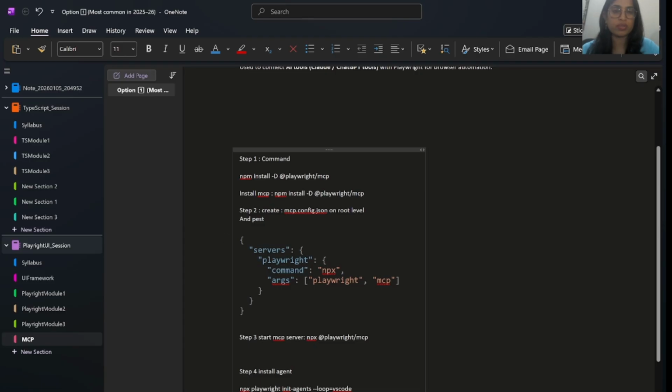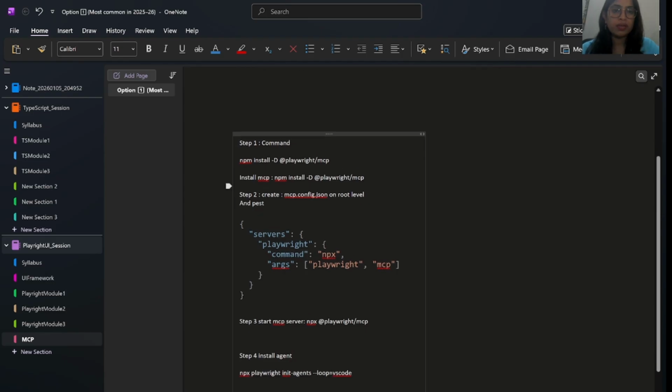Now what is the next step? The second step is to create the MCP config at the root level. So you have to create a file.